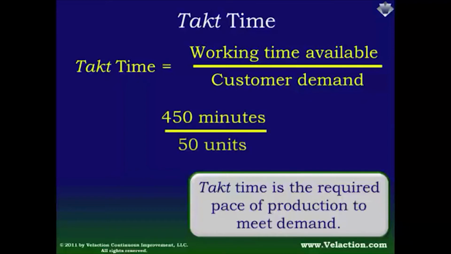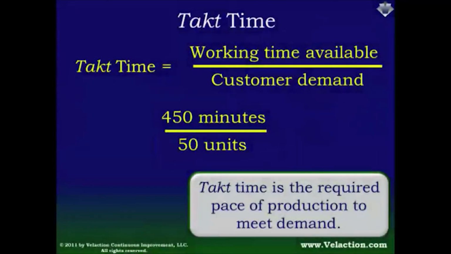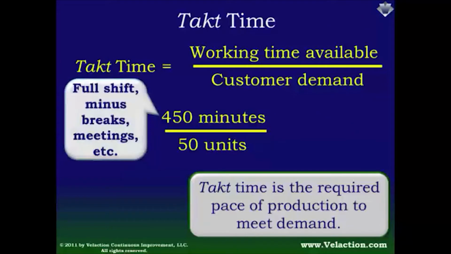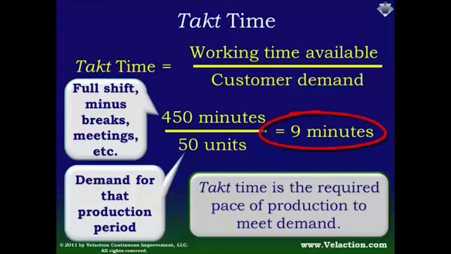So let's look at an example. Let's say you have 450 minutes available and 50 units to produce. Where do these numbers come from? Well, the 450 is basically a full shift minus all the breaks, meetings, startup time, cleanup time, and that sort of thing that takes away from actual production time. And the 50 is the expected demand during that period. So, with just a little bit of math, you now know that you have 9 minutes to produce each item